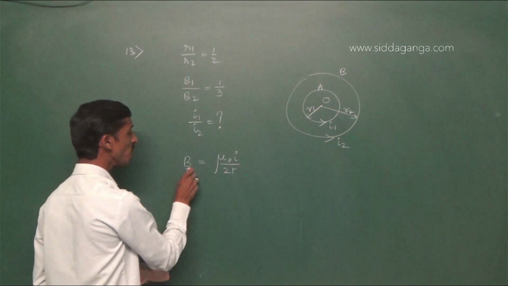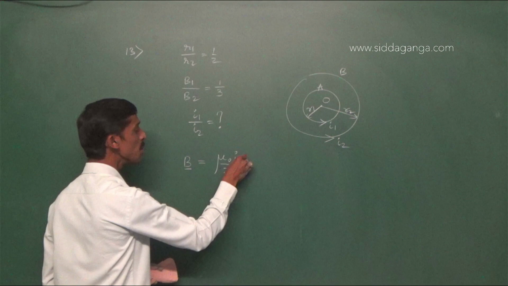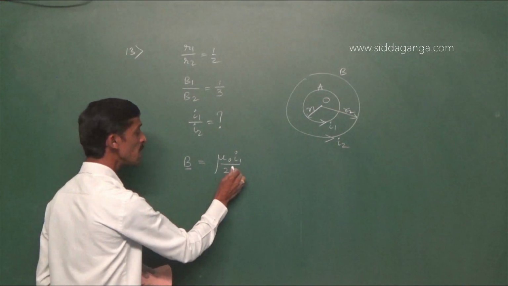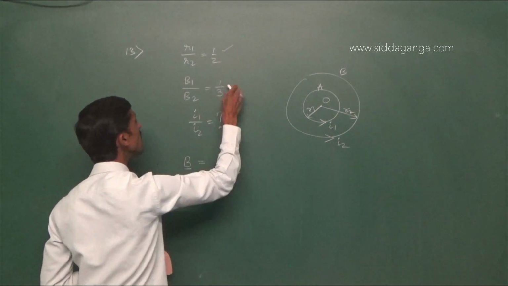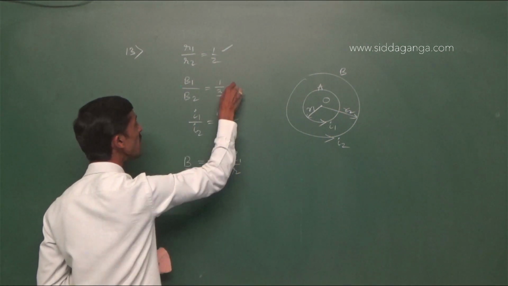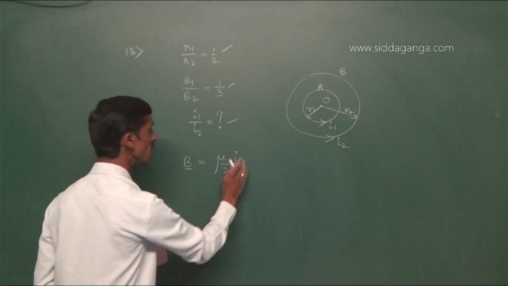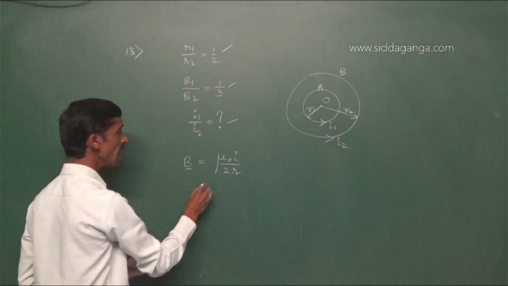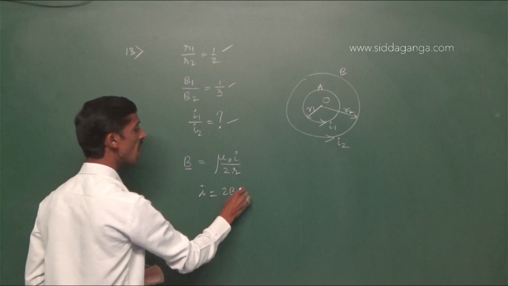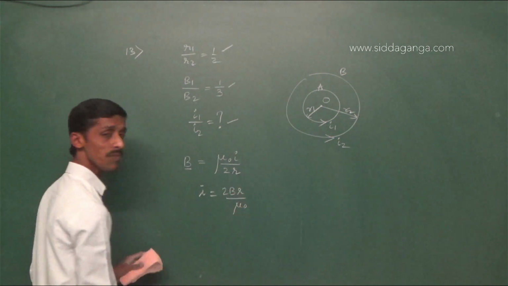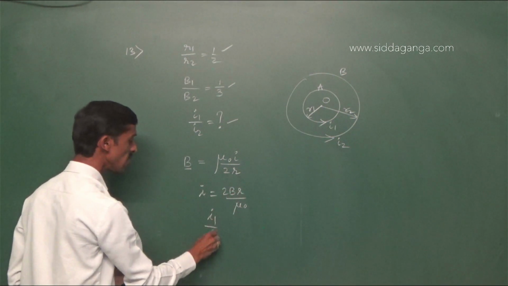So the magnetic field is directly proportional to current and inversely proportional to radius. As the question is related to radius, current and magnetic field, we use mu naught I by 2r. The unknown is the current. So I is equal to 2Br divided by mu naught. So I1 by I2 is equal to